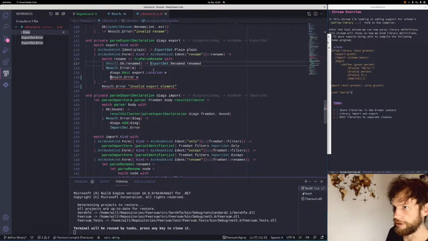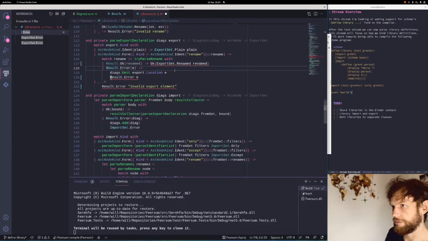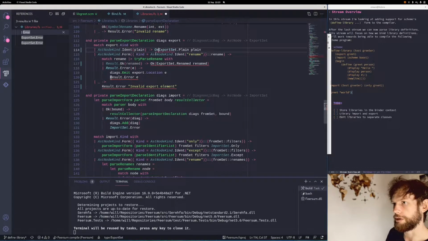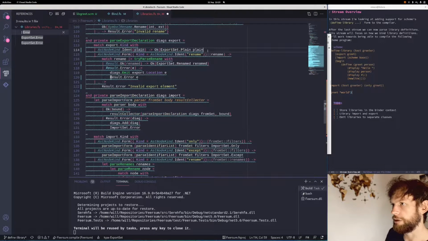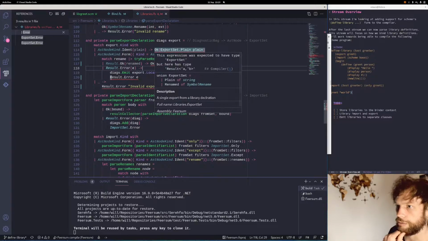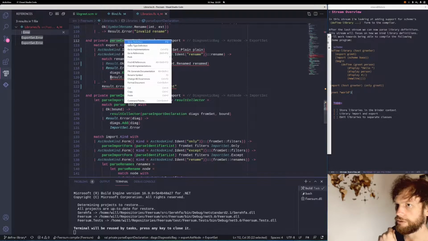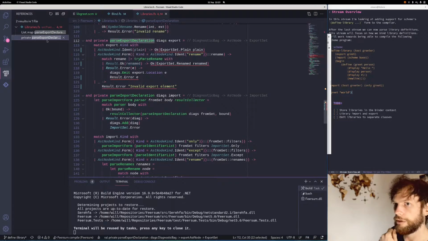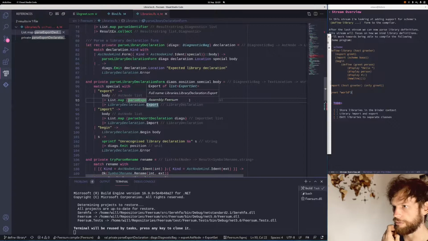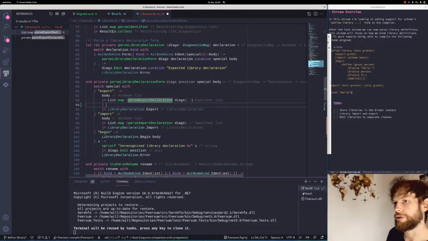Ah, yes. So that needs to be okay, export set renamed. And this needs to be okay, export set plain. And now what are you upset about? Okay, so we need to find the places that call this, which should be here. So now we're going to get, instead of an export set list, we can do